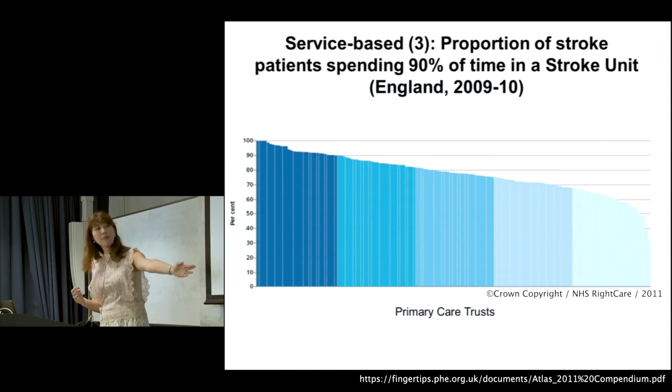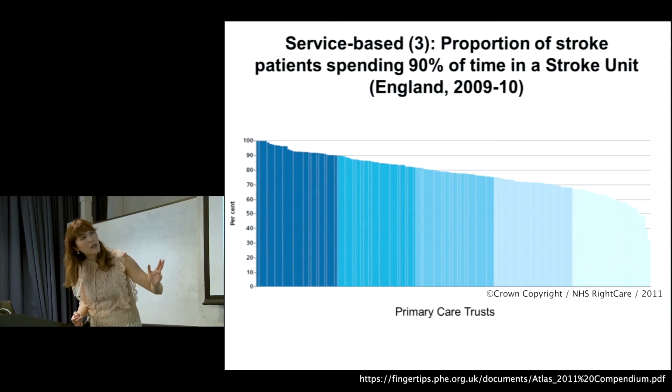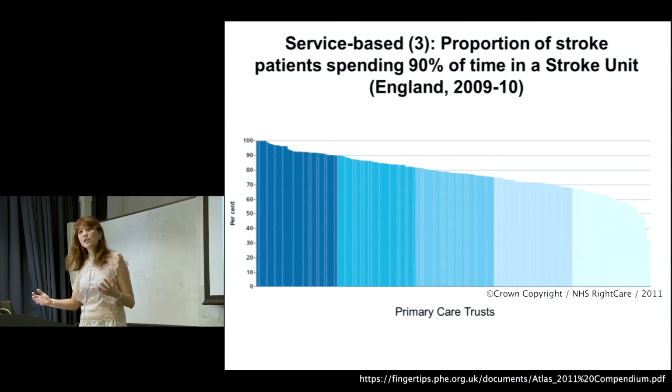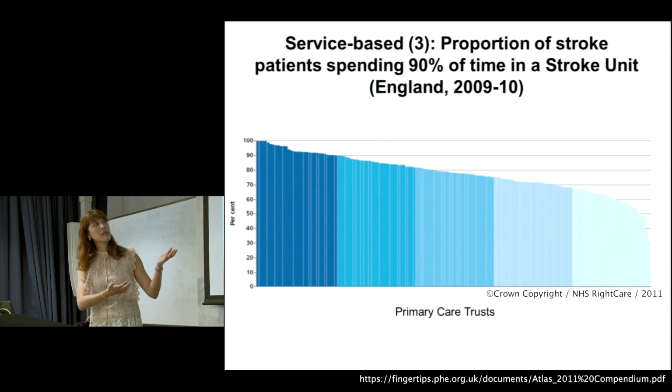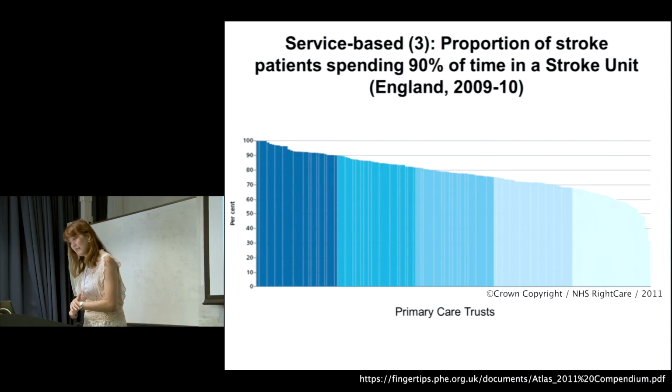The PCTs are population districts in a sense. So on the map, some are 100% admitting into a stroke unit, the dark blue ones, and others are below 50%, around 40%, right at the other end. That's a huge variation. So we know in some districts, patients are getting 100% of the best benefit. Right at the end, less than 50%. This is all within one country, and you should be mindful that this is a national health service in the case of England.